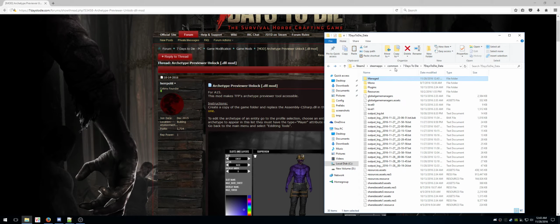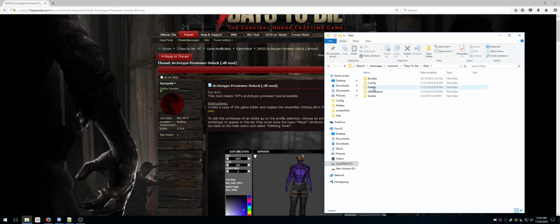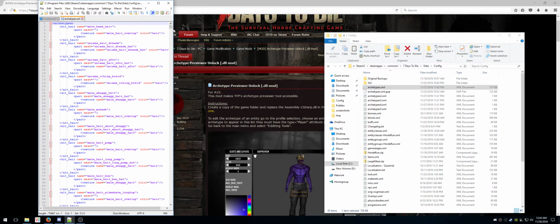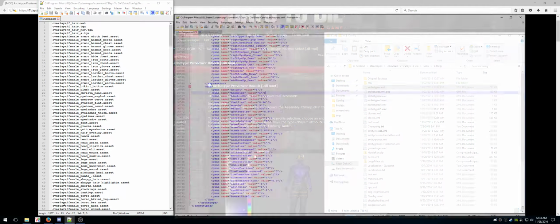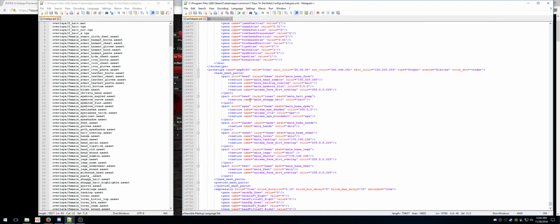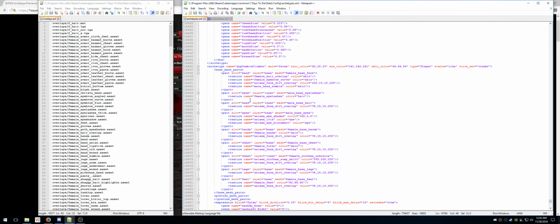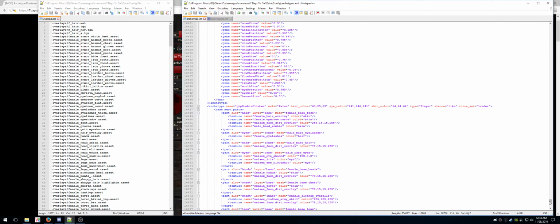7 Days to Die data config folder. I'm going to use Notepad++ to edit archetypes. Now, I actually have it open over here. So this is my archetypes. So the first thing I'm going to do is I'm going to find any old UMA zombie. Let's go with,